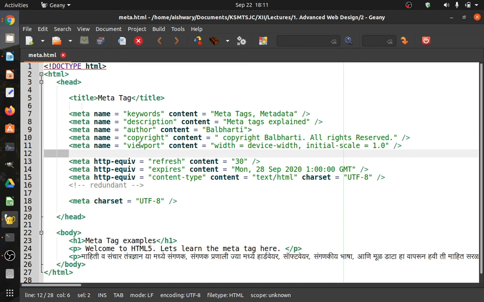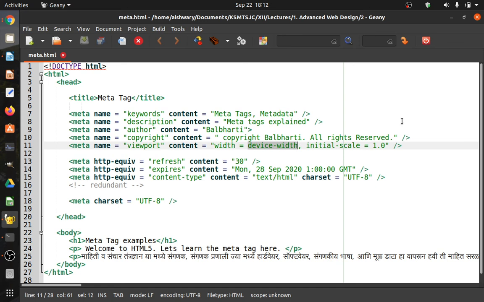The word viewport basically means the area of the web page that is visible. That viewport is now being defined here with name is equal to viewport, and the value in the content describes that the width of the web page should equal the width of the device. Whatever device it is, we are not statically defining the width here. Rather, the width should be equal to the width of the device. If it is mobile, the width should be equal to the mobile screen's width, or if it is a larger screen, then the width should be proportionate to that.